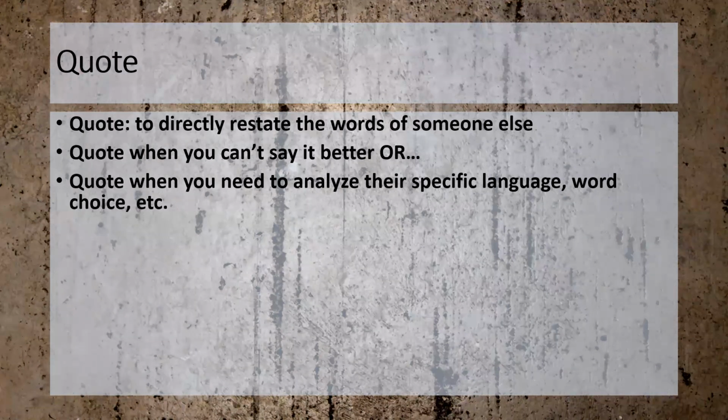If you are just pulling in outside sources to provide background information, you don't need to quote. It doesn't matter how eloquent or not that other scholar was when they talked about Hemingway's biography or the events of World War I. Just restate it, paraphrase it, shorten it, put it in your own words. So only quote when you simply can't say it better, or when you really need to dig into the specific language or word choice. If you're doing an ethnographic description or an interview, you may bring in outside quotes, right?